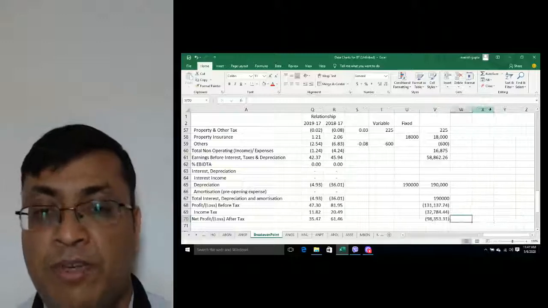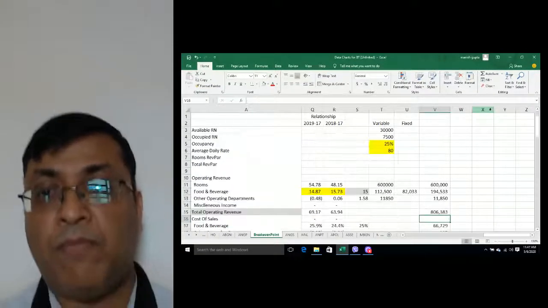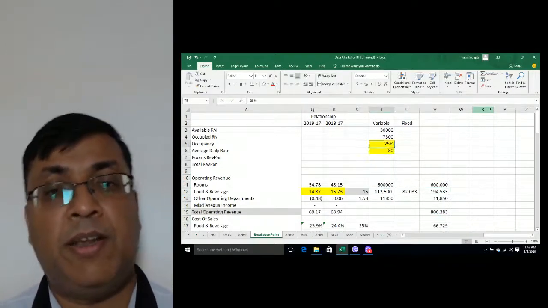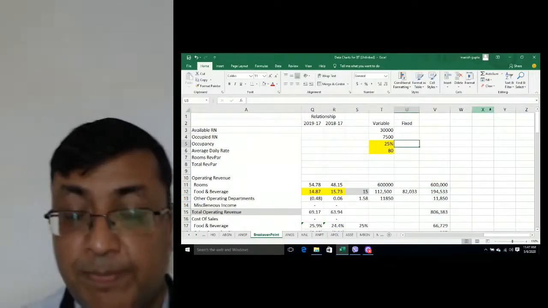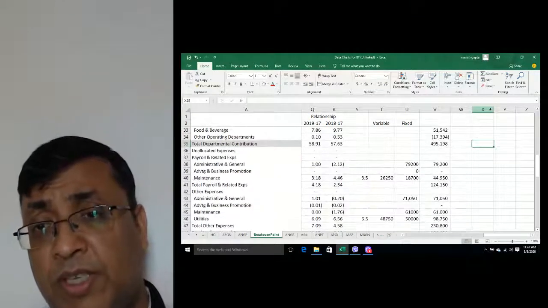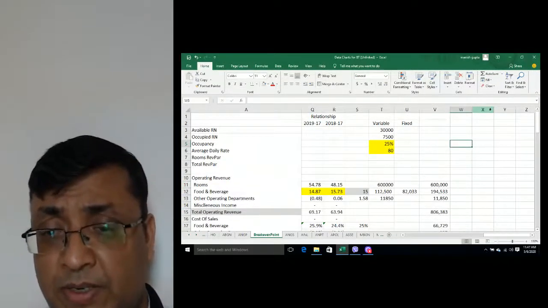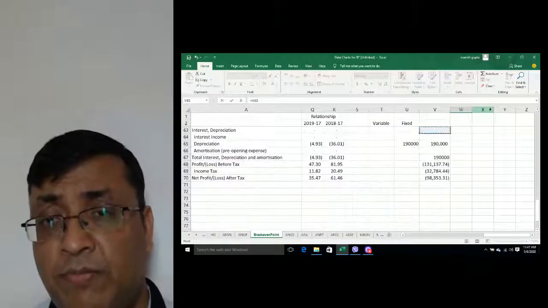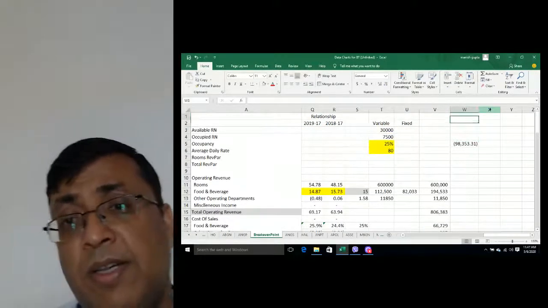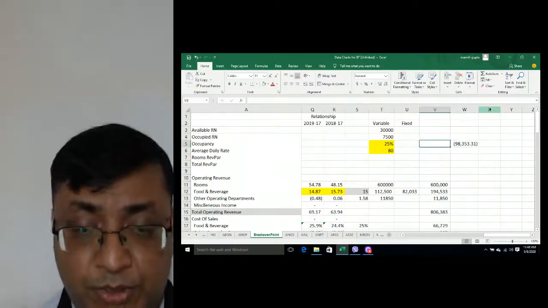We have a model which is built up for fixed and variable expenses, which are linked to each other. Now it is a matter of minutes. Let's take goal seek. Let's make it so we can see it on one screen. We can make it equal to this. Now what we want is this number to be 0, this GOP amount.